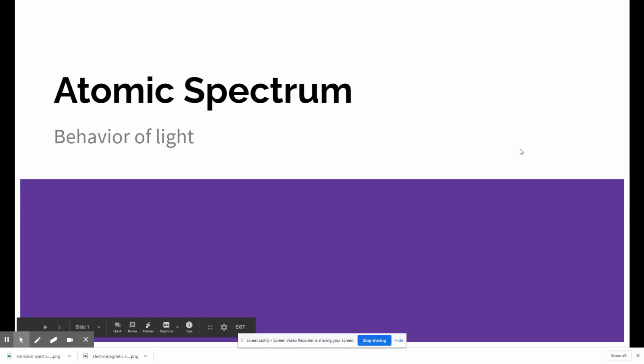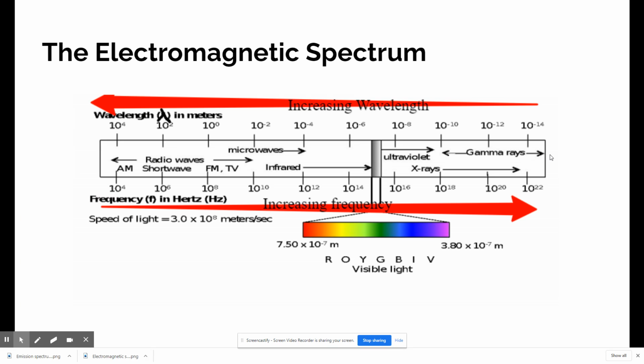Hi y'all, so we are going to discuss the atomic spectrum, which is the behavior of light, in this video today. So in the past you have probably been exposed to this diagram of the electromagnetic spectrum, which lists all of